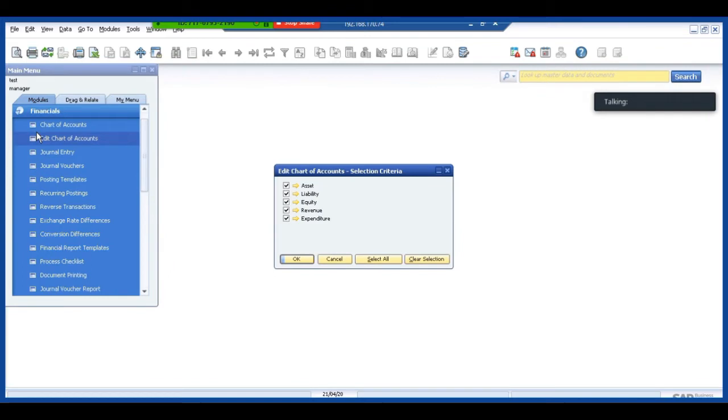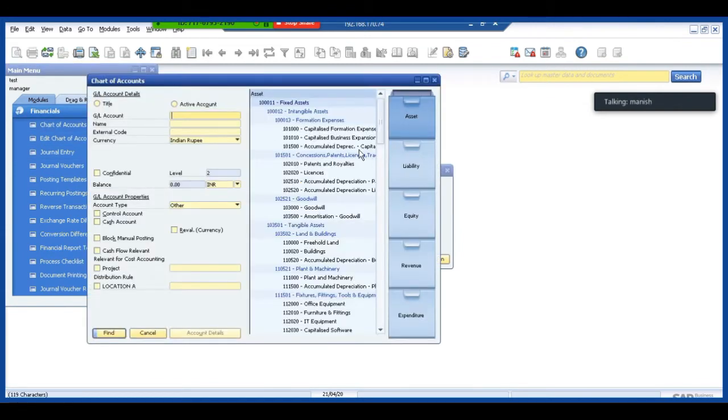The number of levels that we can create is being reflected out here. If I select any of the accounts, it will show at what level it is being created. Usually it is a best practice to create a chart of accounts at the 4th or the 5th level, so that it is easy for us to map the chart of accounts into the balance sheet and profit and loss reports that we'll be creating later on.